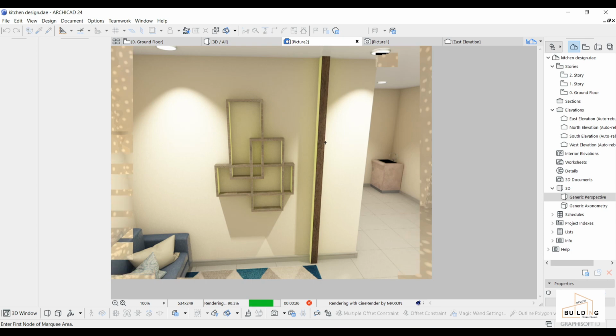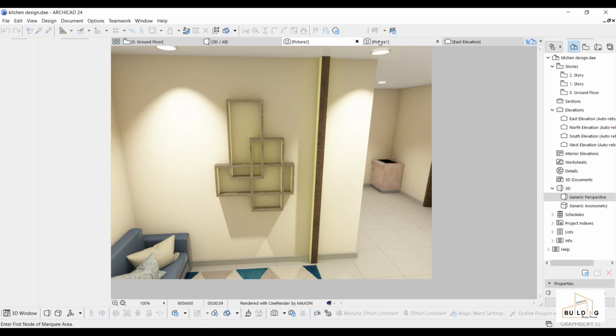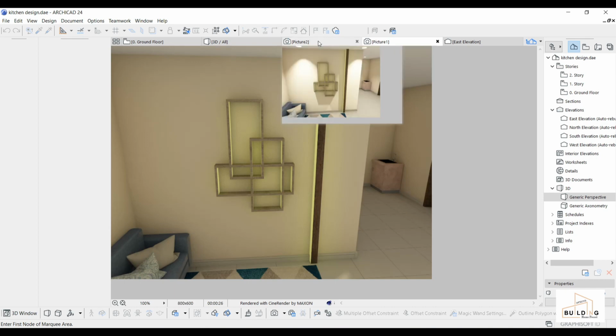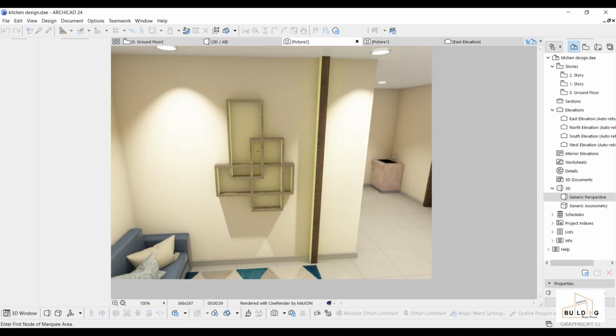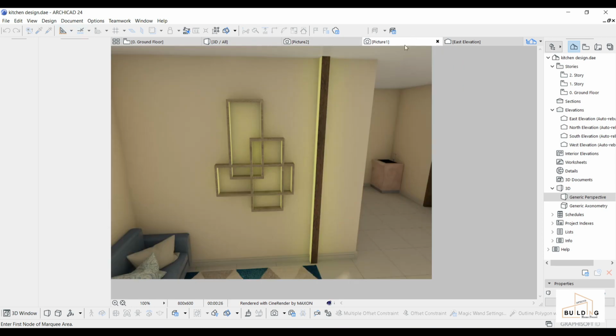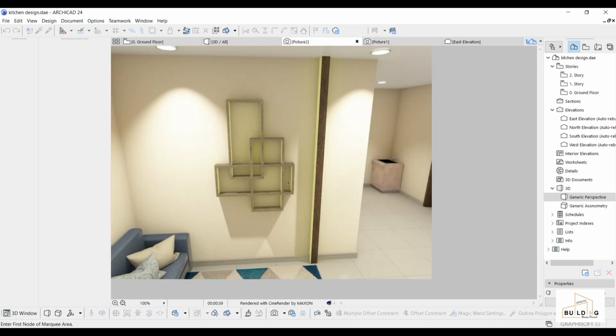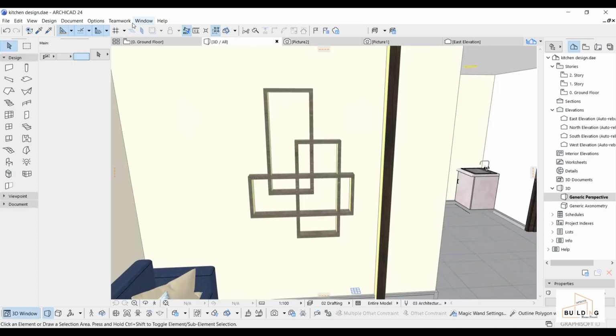As you see now, there's a lot of difference between the previous one and this one, because there's a reflection at the top of the ceiling, but when there is none, it doesn't show that much difference. So here it is different, it's showing more brightness, but when it is like this, I can increase the lights of the LED light. So for example, I'll go to the